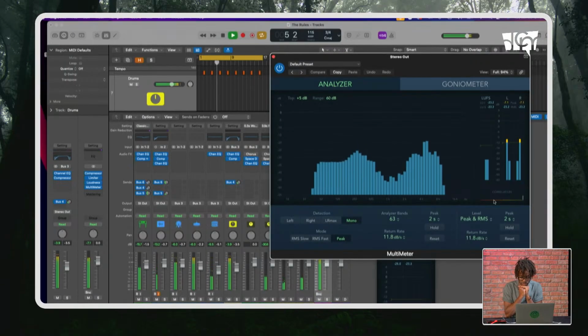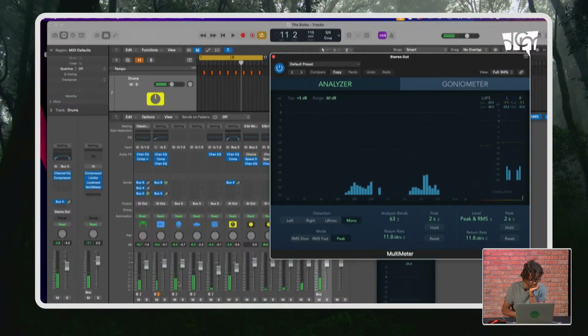Cool. This is the heartbeat. Nice. I feel like the vocal could come up just slightly. I took it down before, but